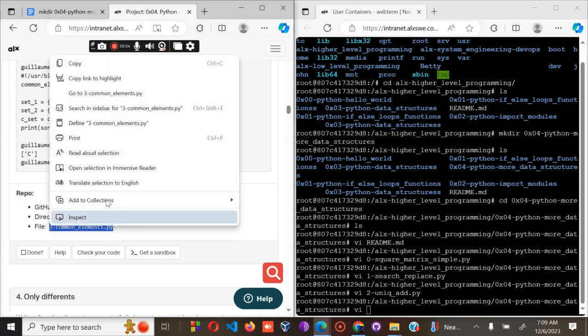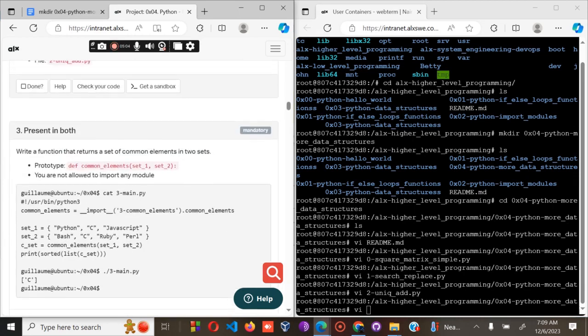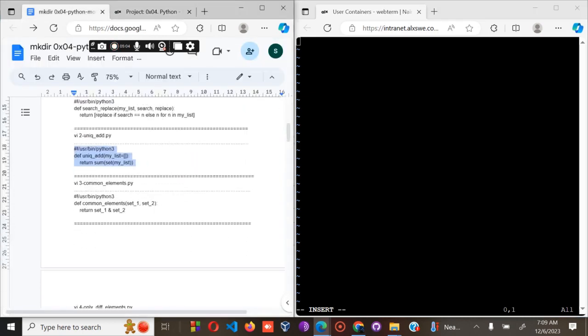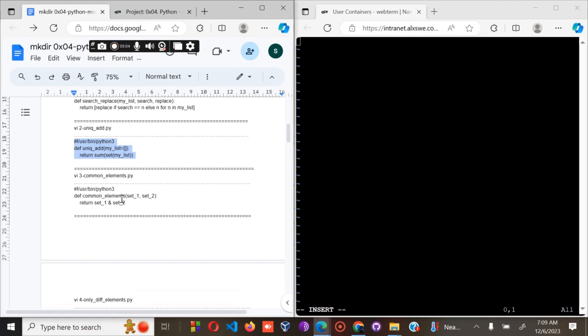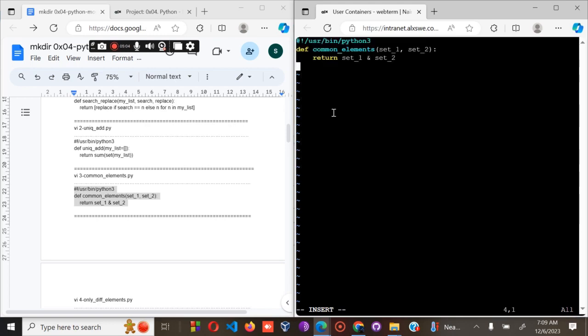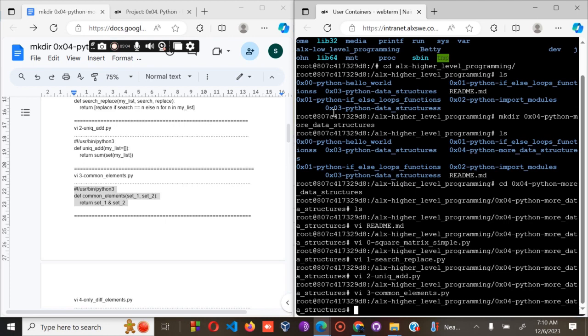Okay, let's go on. Number 3. For number 3, we are supposed to write a function that returns a set of common elements in 2 sets. So you paste, insert, then copy this one, escape, WQ,